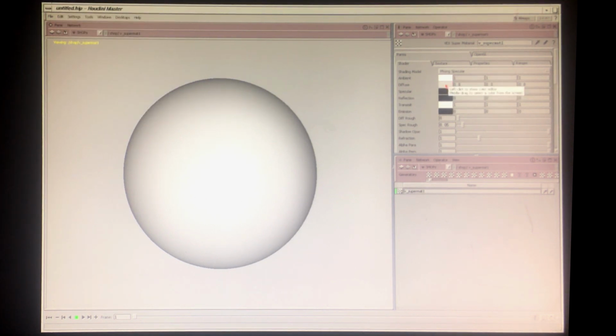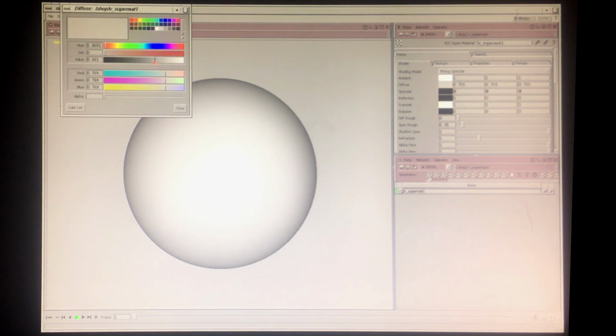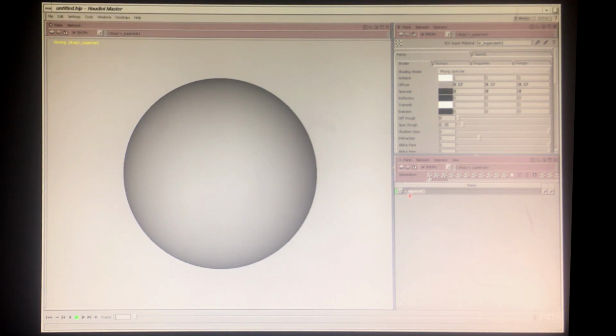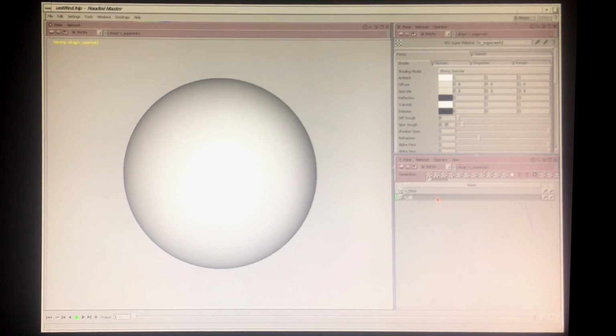I'm going to take the diffuse, click this, and move it down from 0.8 to maybe 0.65 or something, a little bit less bright. And then I'll rename that V underscore FLOOR. So that's that shader, and we need one more, so I'll tab, and since we've used a Vex Supermaterial before, it adds it in the recently used list, so I can just click that again, and this will be our SGI underscore bug underscore blue,